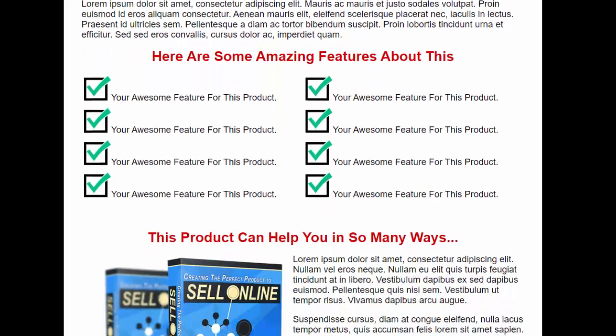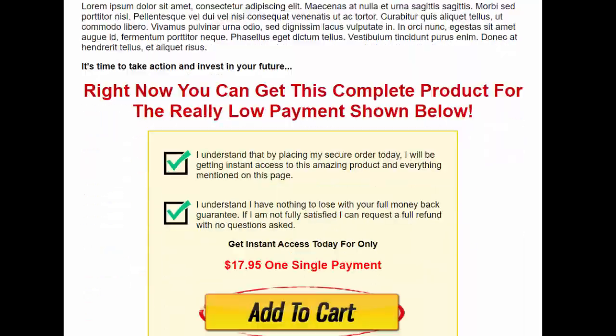So you can see you've got a kind of basic template with all of the